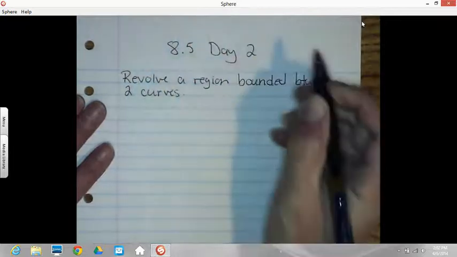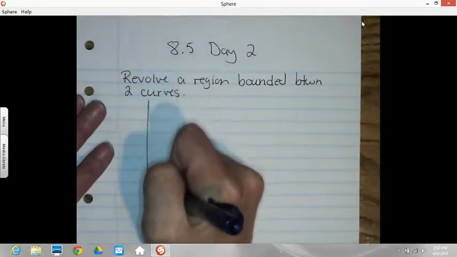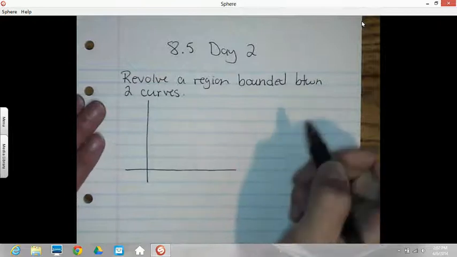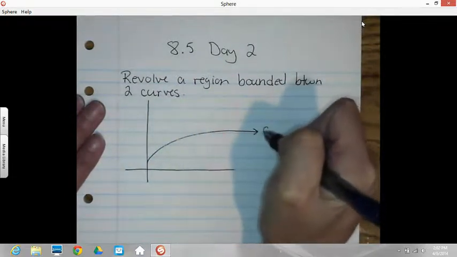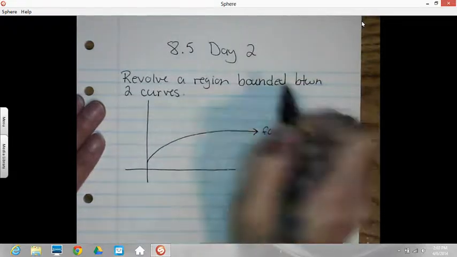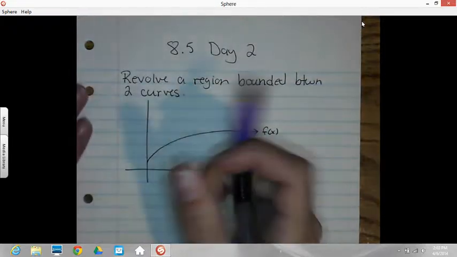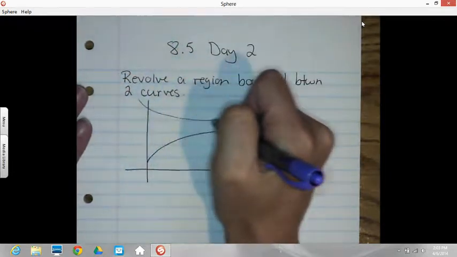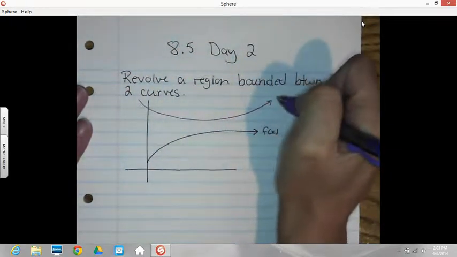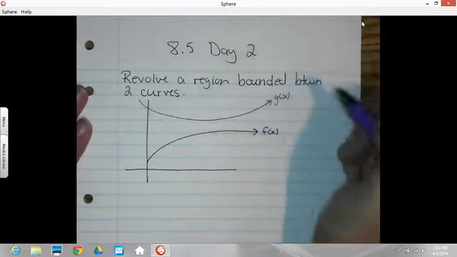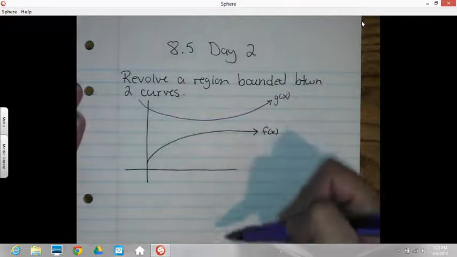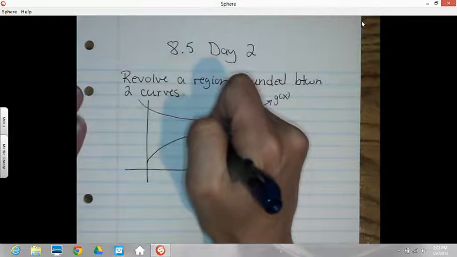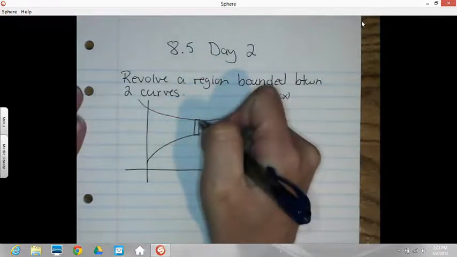So let's say we had something. Here's function 1. And here's function 2. And we're going to take this region in between here and say revolve it around the x-axis. Well, if you think about it, we're taking these two little rectangular pieces here, and if I spin this around,